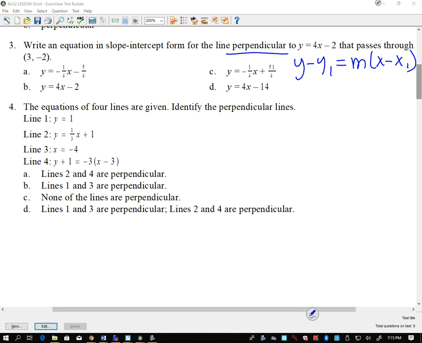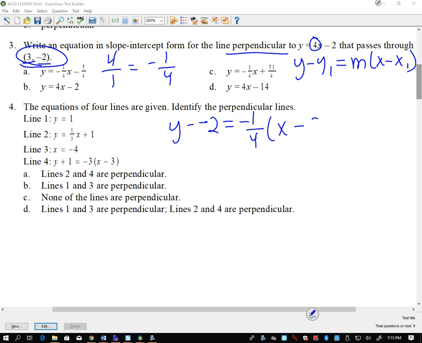All right, so y minus, we're using this part for this, comes out negative 2, so y minus negative 2 equals m. So I'm going to go here for my m, the slope, and we want it to be perpendicular. Right now it's 4 over 1. The reciprocal of that is 1 over 4, and we need the opposite. So negative 1/4 x minus 3. All right, they're going to come out as positive. So we have y plus 2, distribute, negative 1/4 x. Negative 1 times negative 3 is positive